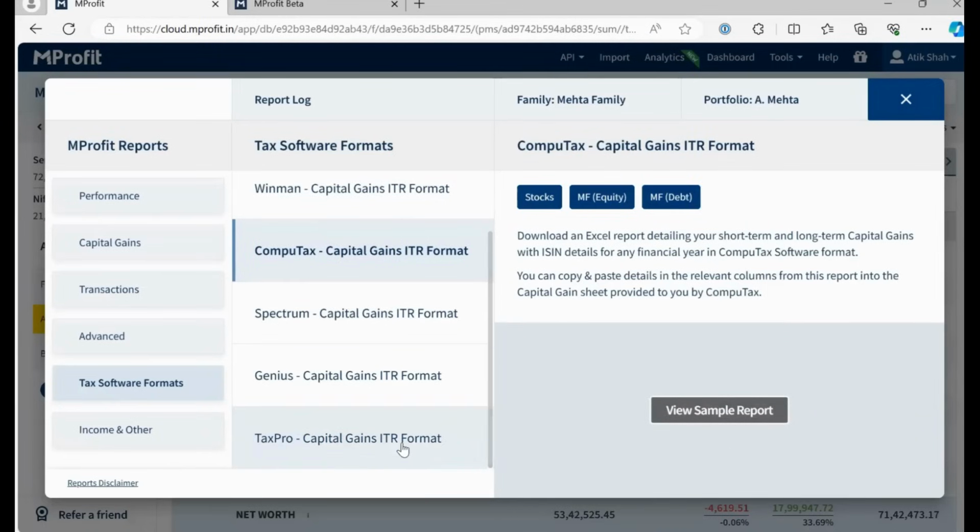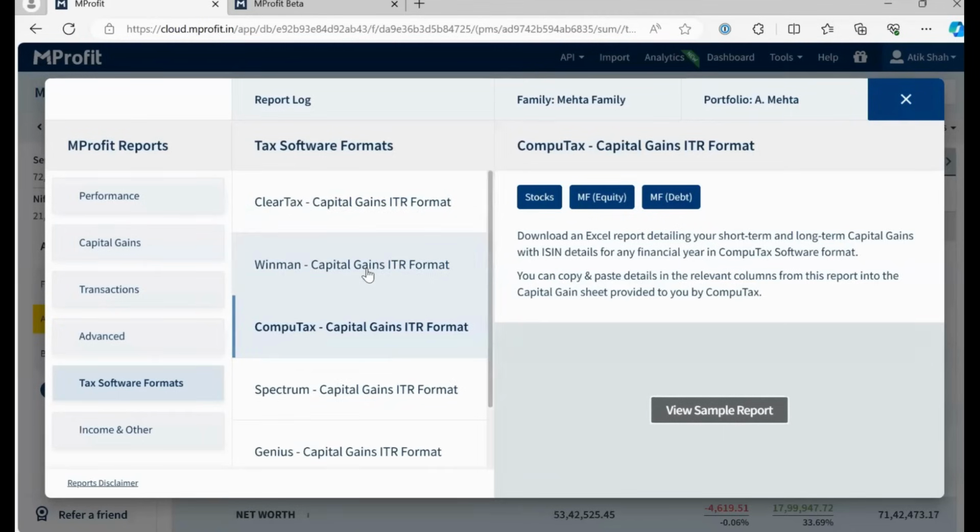So if you're using any of the tax software portals like Clear Tax, or if your CA is using applications like Winman or Computax to file the returns, you can simply generate a ready-made report from MProfit and you can either use it by yourself or share it with your CA to file the returns. So these are ready-made reports as per a specific tax software format. So this is really a value add for using MProfit. Not only a standard report, but you get a specific tax software format report as well.